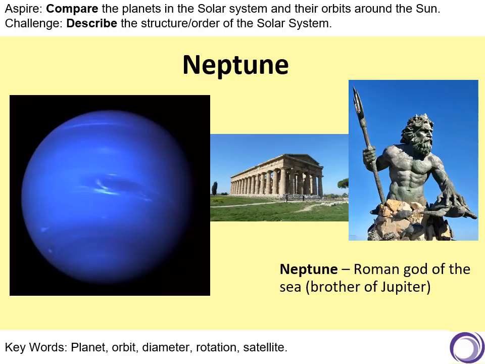And again, the size is quite similar, 3.8. So it's basically nearly 4 times bigger in terms of its diameter relative to the Earth. So it's nearly 4 times bigger, Neptune. Similar features in terms of Uranus. Not many probes have had a close encounter with Neptune, so there's still a lot to